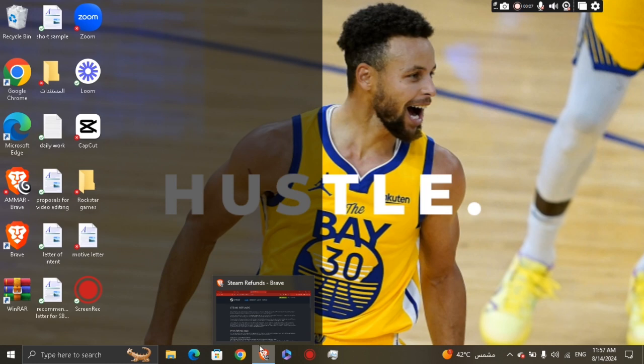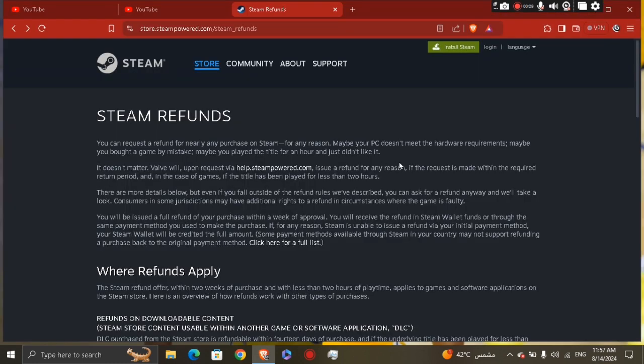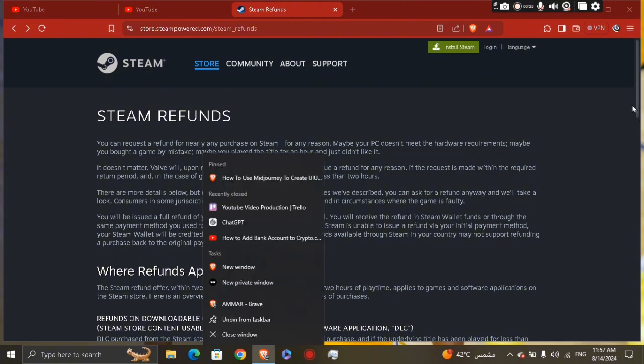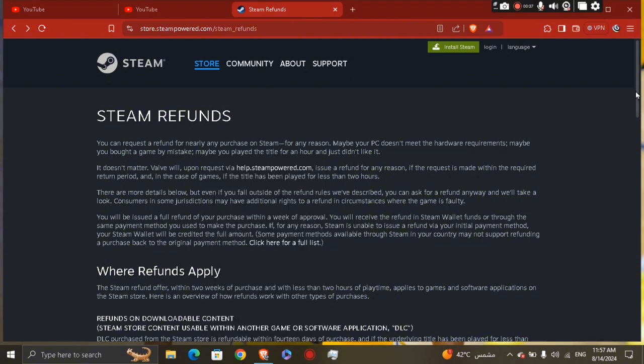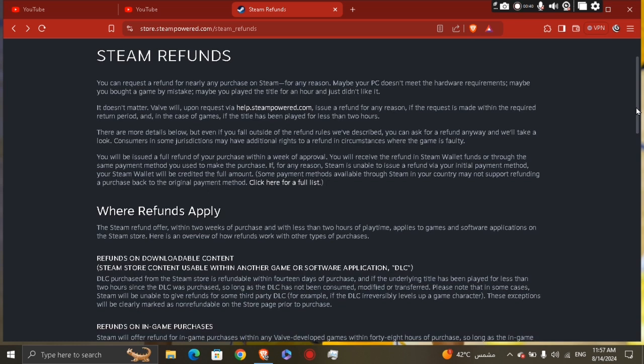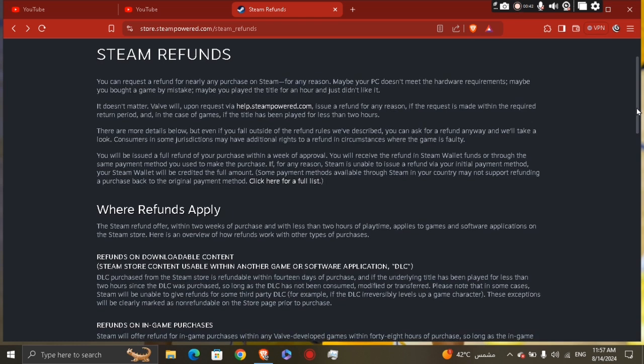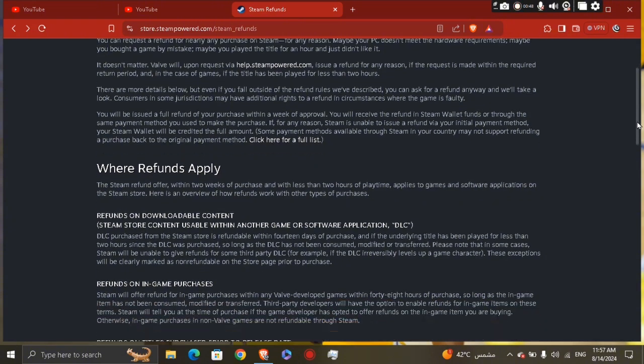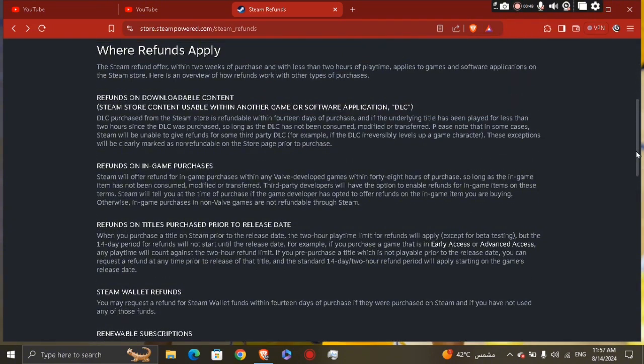So you can request a refund for nearly any purchase on Steam for many reasons. Maybe your PC doesn't meet the hardware requirements, and maybe you bought a game by mistake. Maybe you played the title for an hour and just didn't like it, right? And you want to see where the refund applies to know if you are eligible for that. The refunds on